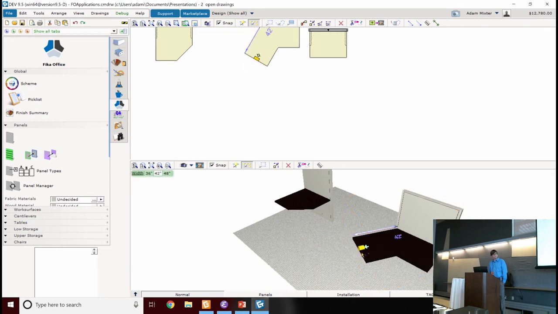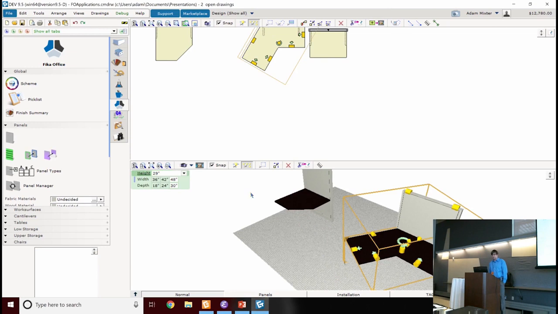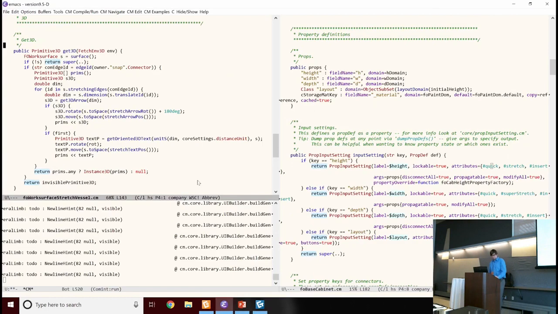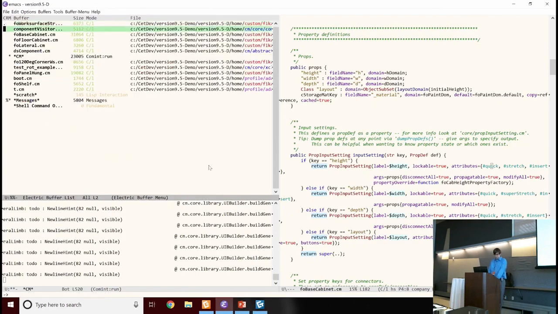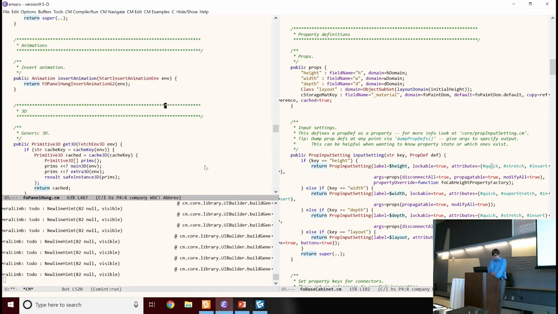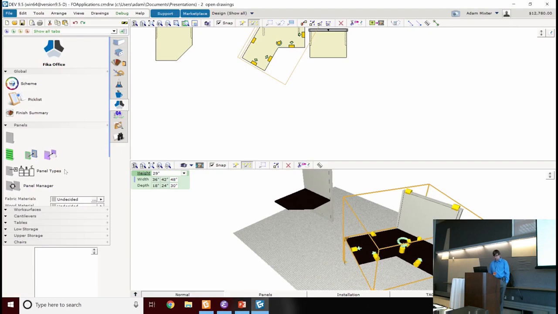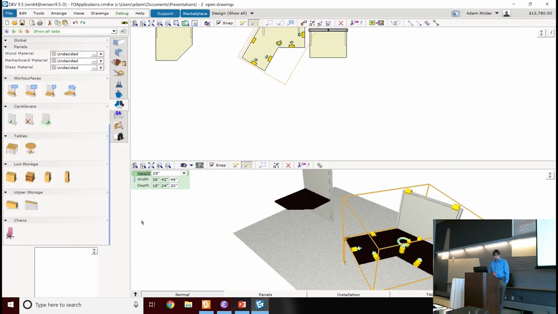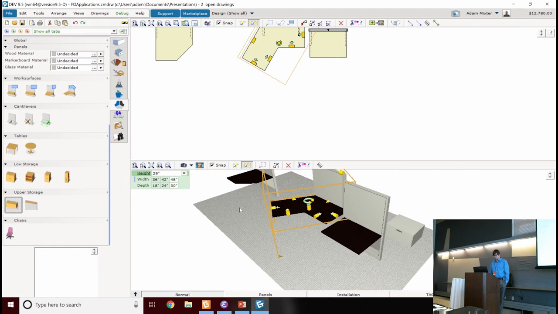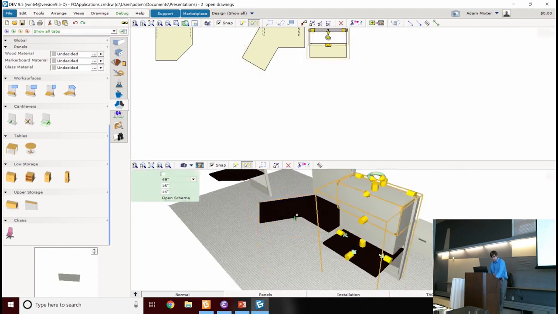So there's that. And then the last thing I want to talk about is the 3D vessel visitor. This class represents the base class for both the upper storage classes in Fika Office, so this guy here, for example, and this guy here. So if we look at this guy,